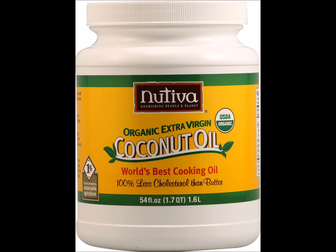When it starts to turn brown. For instance, if you were to put butter in a pan, and you got the pan really hot, and it starts to turn brown right away, well, you've just nuked the butter. So you want to use butter at a lower temperature,